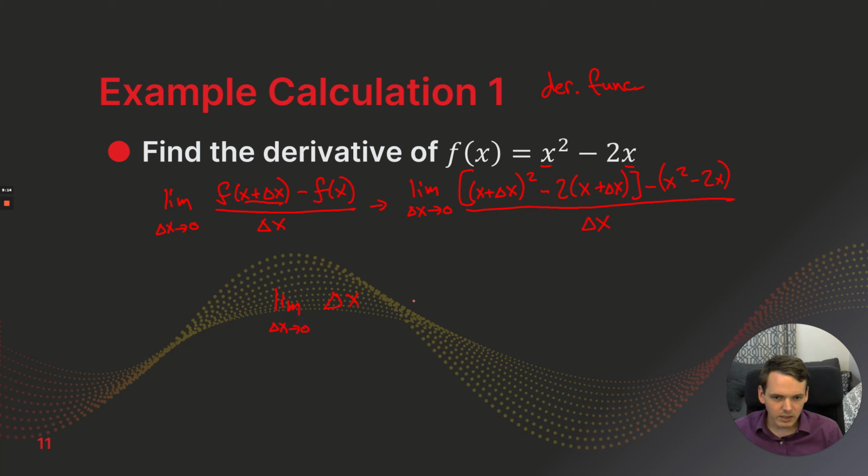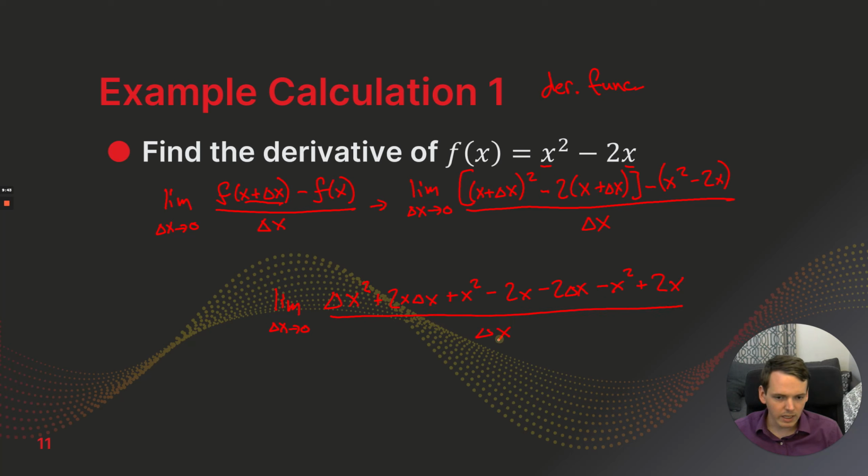Well, we're going to have to expand this a bit first, and then I'll factor. So delta x squared plus 2x delta x plus x squared minus 2x minus 2 delta x minus x squared plus 2x